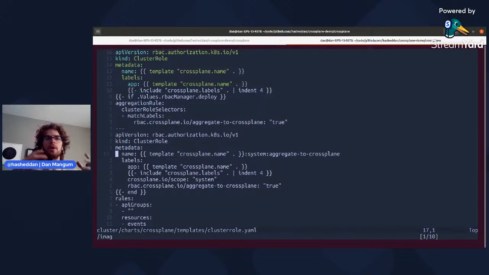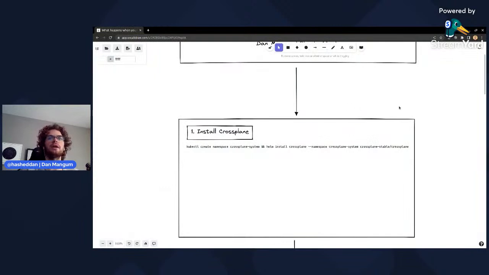The RBAC manager is responsible for managing those permissions, managing RBAC, as you might guess. And it's also responsible for giving permissions to the providers itself. So provider AWS also needs to be able to manage that RDS instance type. For when instances get created, it needs to be able to create the RDS instance on AWS. So really, we're just kind of doing some various ownership work here with the package manager. I know that's a lot of information, and we're going to dive into a little bit more what that looks like. But before we do that, let's jump back over to our diagram and talk about kind of what's gone